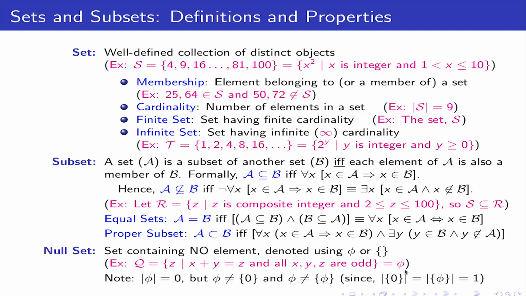So if I do not allow it, then this set contains no element and we call it a null set. Remember that the cardinality of the null set is 0 because there are no elements, but the null set is not equal to this set which says there is one element, 0, and the null set is also not equal to this set which says that there is one element which is null, and this says there is no element. So one element with 0 as well as one element with null will have cardinality 1, and therefore these are not null sets.